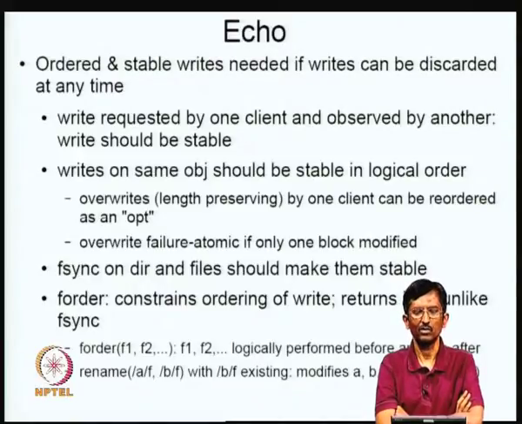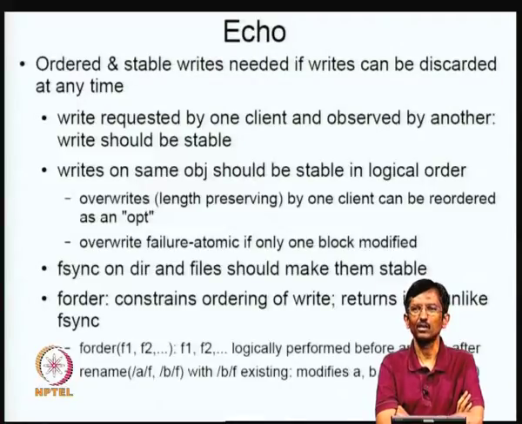That is fsync. And so, it is possible to do it on directories and files. So that when it becomes stable, it means it is sitting on persistent storage like disk. In addition to this, there is something called F order, because notice that fsync is only on a particular directory or a file at a time.